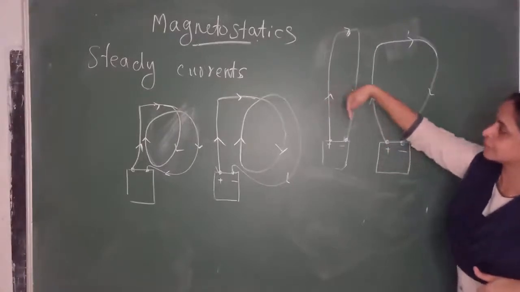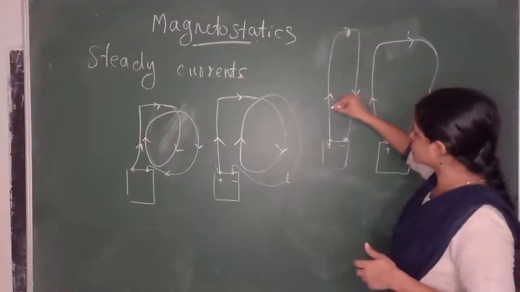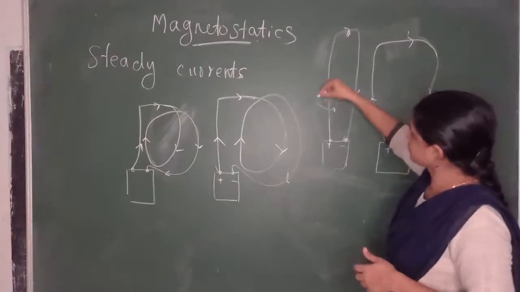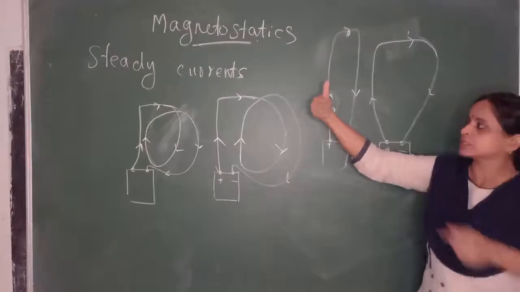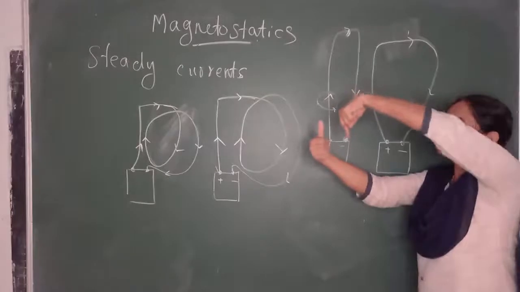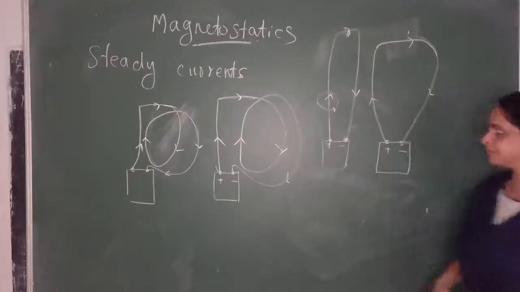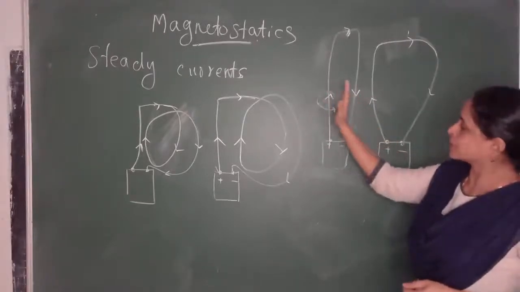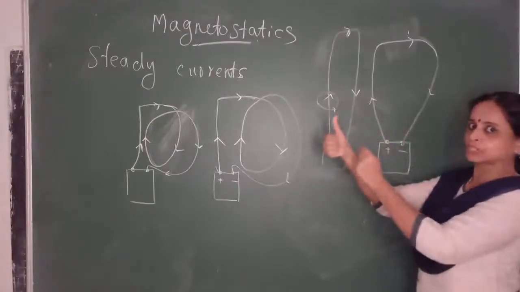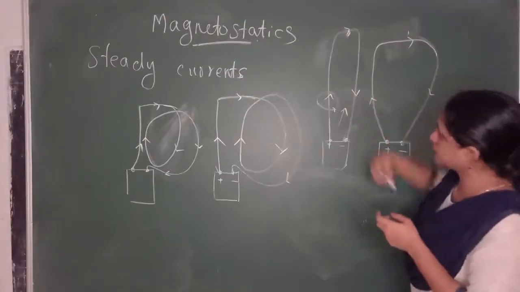So here the magnetic field is around the wire. So that is in this direction. The current is upward, so the field is curling around the wire. The fingers will indicate the direction of the magnetic field. So what is the direction here? In between the two wires, the direction of field is into the page. So it is curling, and the direction of field is into the page here.